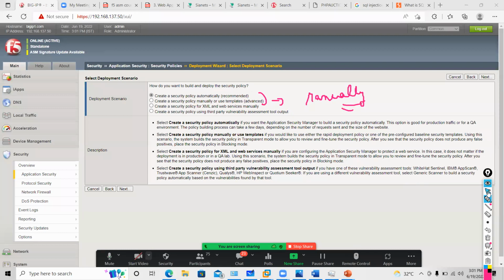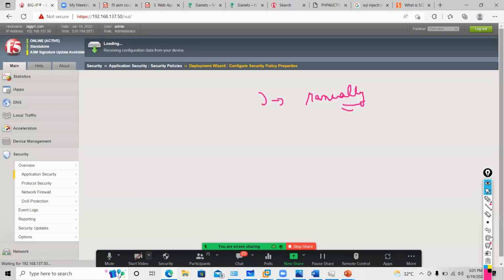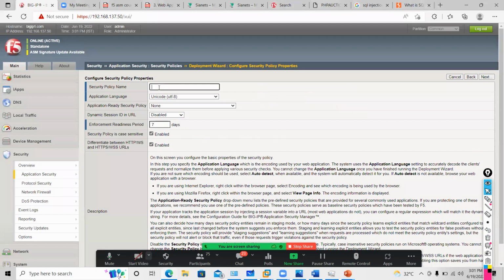So I will select the option to create a security policy manually. Now you will name the security policy, let's say PHP. Here you can see the enforcement readiness period equal to 7 days.